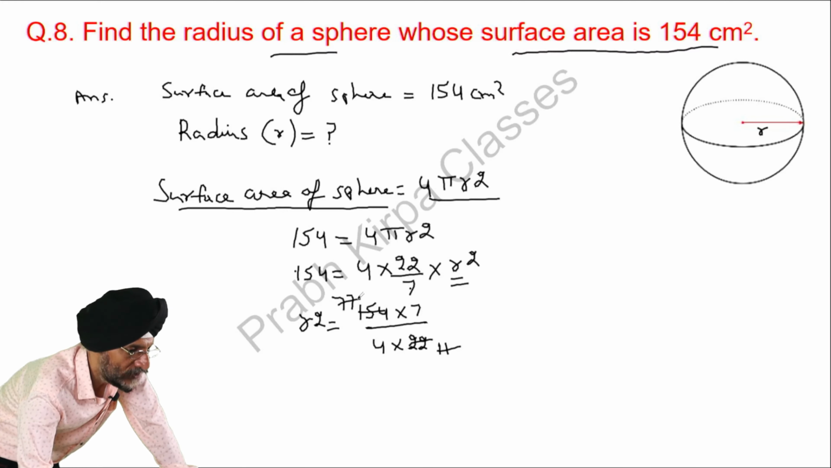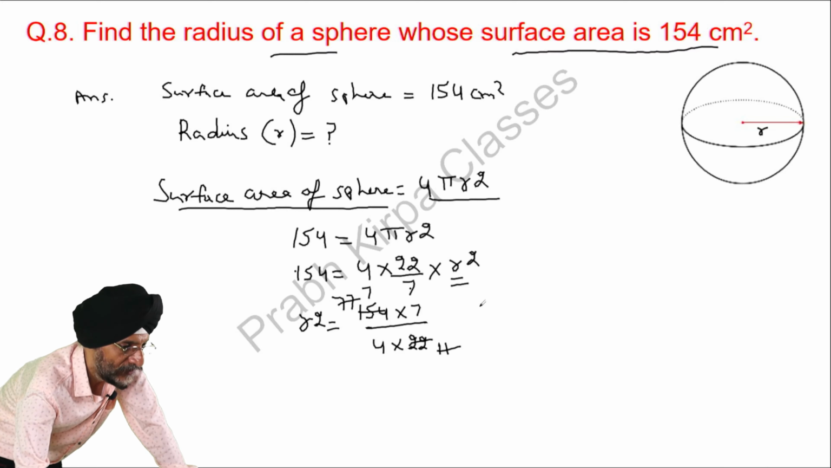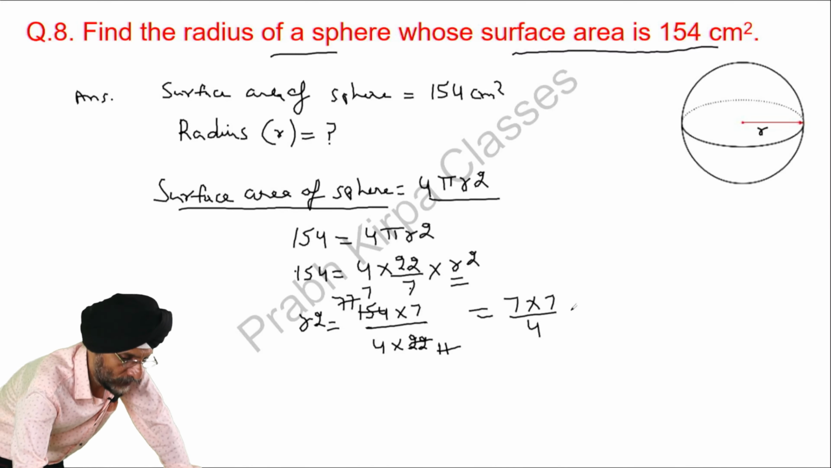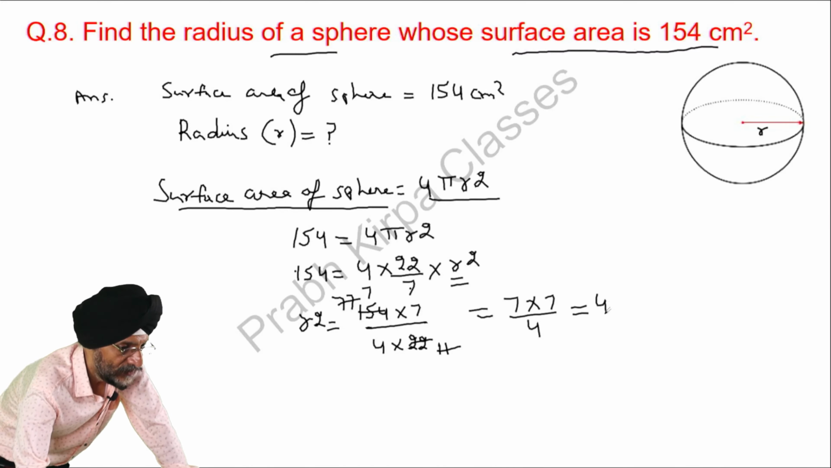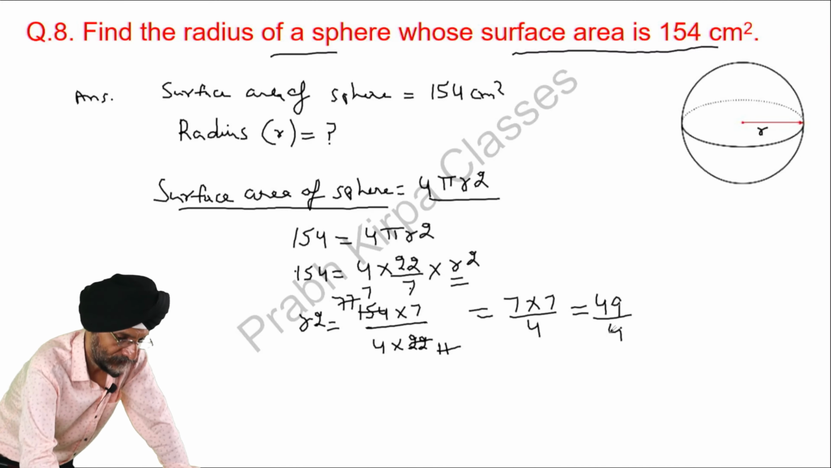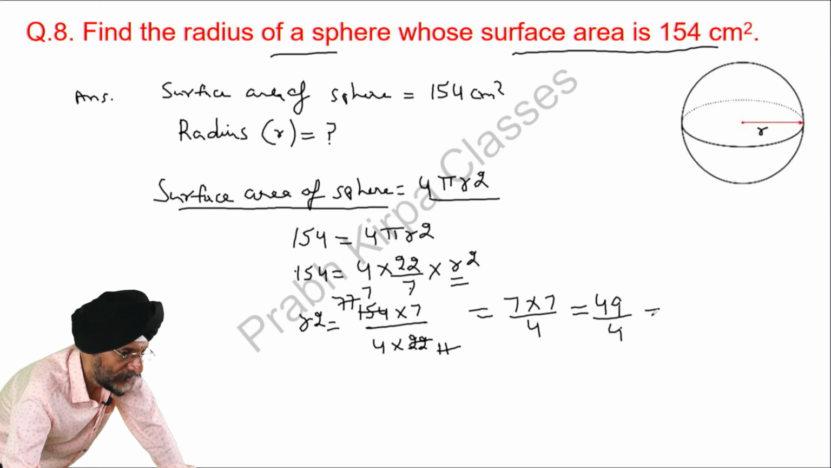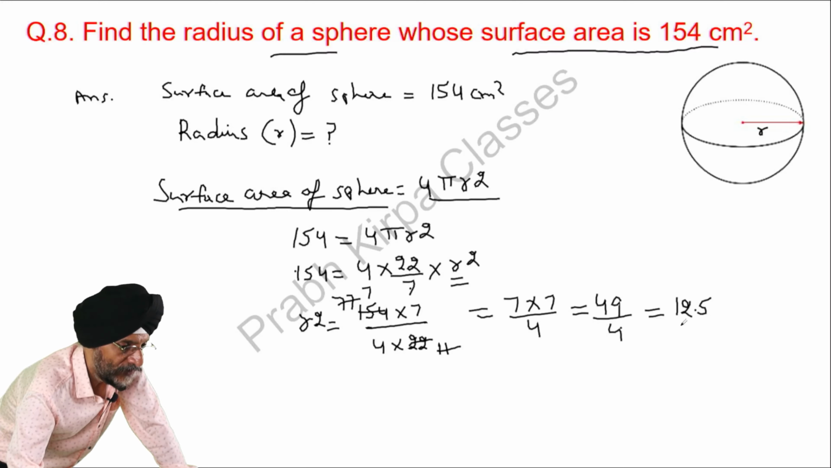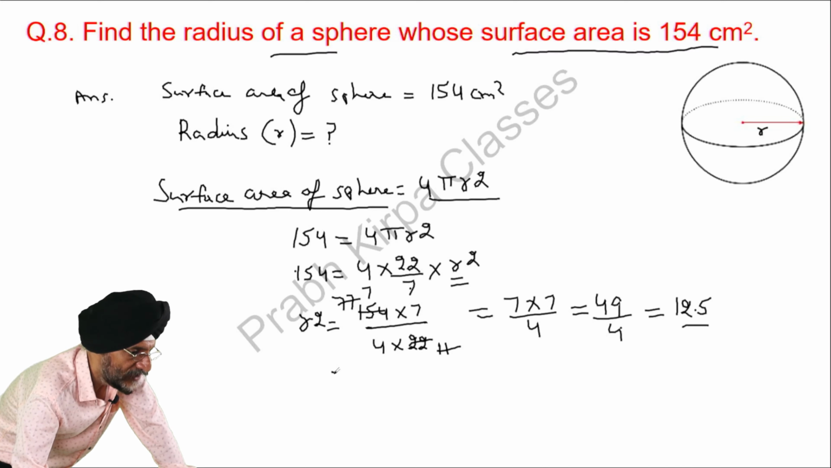11 into 7 becomes 77. Now what is left is 7 into 7 divided by 4. It means 49 over 4. In other words, we can say that it is 12.25. This is r square, 12.25. What is r? It will be under root of